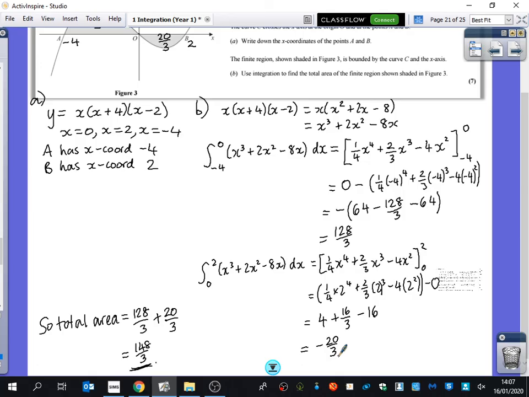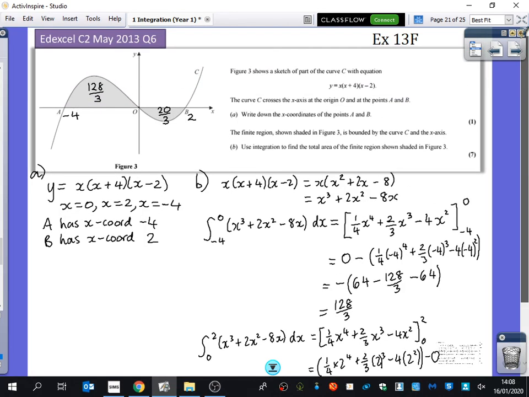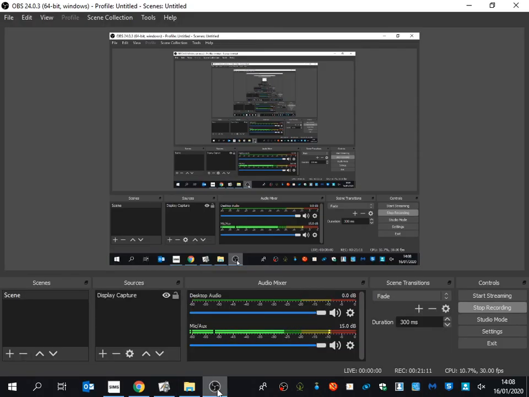No, so if you wanted to check the answer, you would have to integrate it between -4 and 0, and you would get that. You'd integrate it between 0 and 2, and you would get -20 over 3. There is nothing you can do on your calculator that will give you 148 over 3 unless you break it down and make sure you add those two pieces together. Okay? So what I'm going to ask for us to do is a couple of questions from exercise 13F, and then we're going to come back together in just a second, okay? So the question